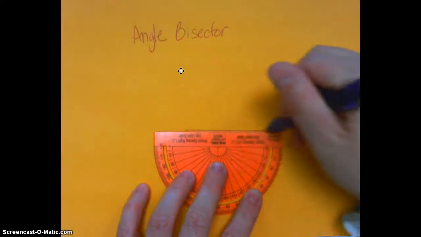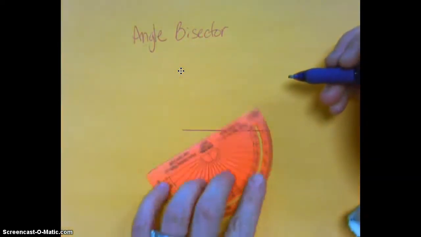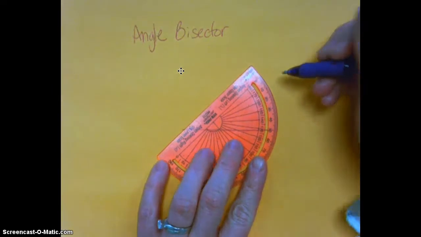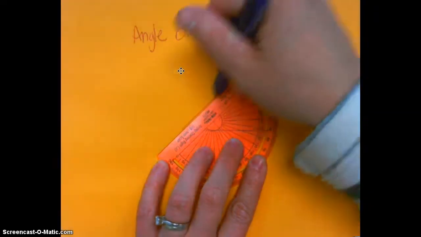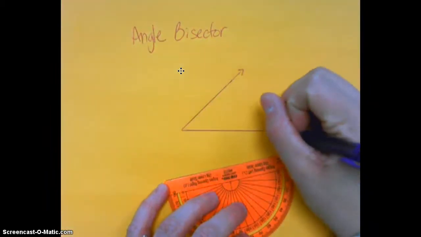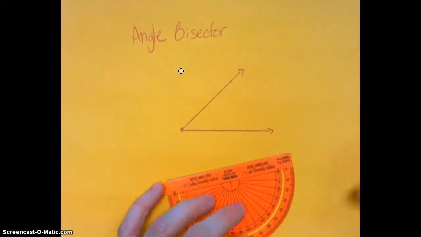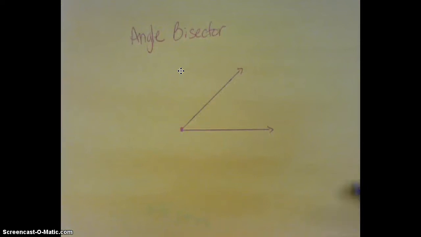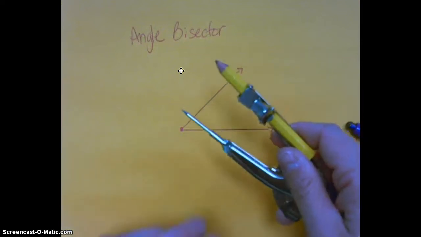There's the two sides. I'm just going to do an acute angle. All right, so there's my vertex. All right, so once you have your angle drawn, you're going to take your compass, open it to